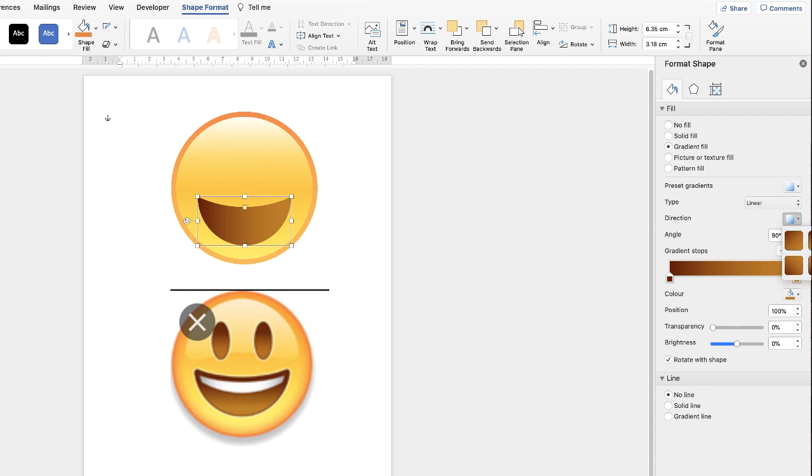You need to go along to the left and right. So I would go to linear left, which will mean the darker shade at the top and the lighter shade at the bottom. Now, just looking at this emoji, I can see there is actually a faint outline around the outside. So let's go back to our line, go to solid line,